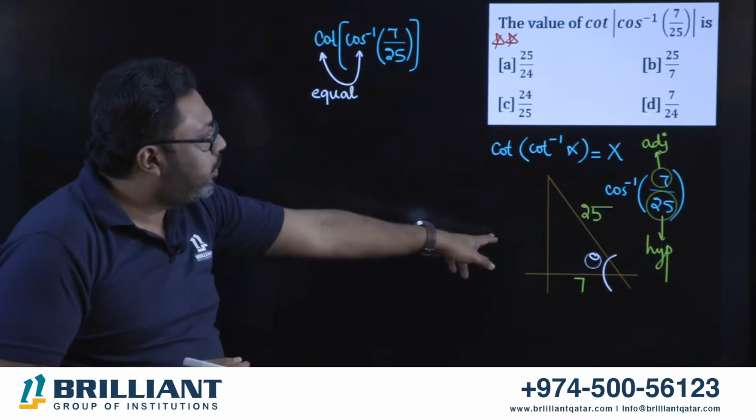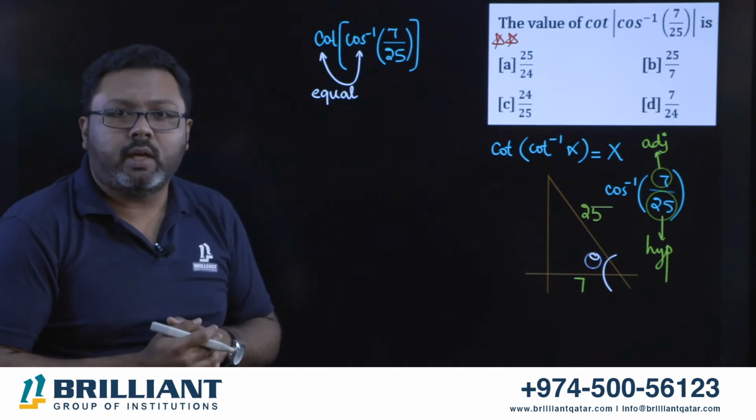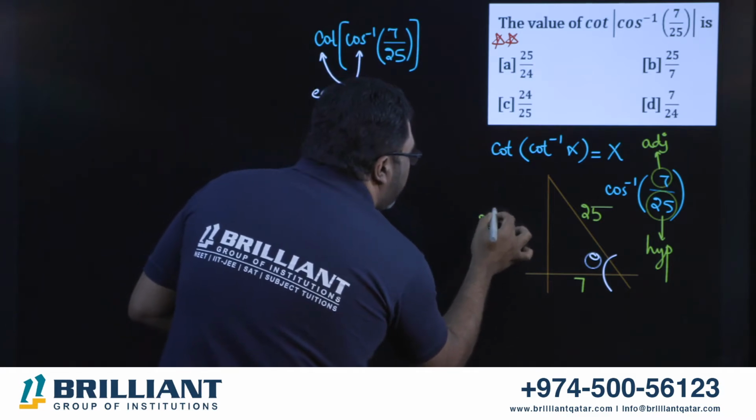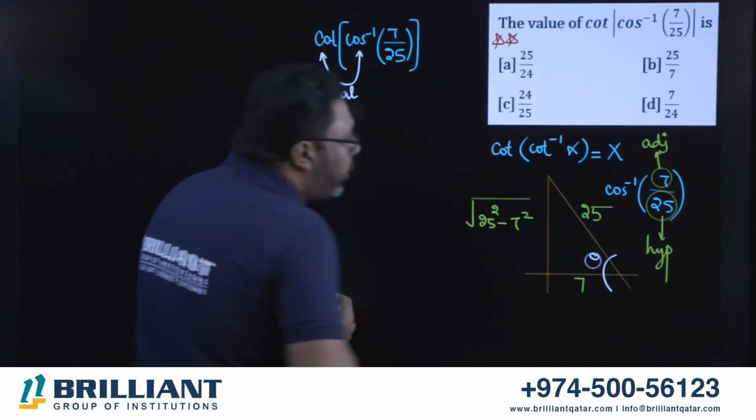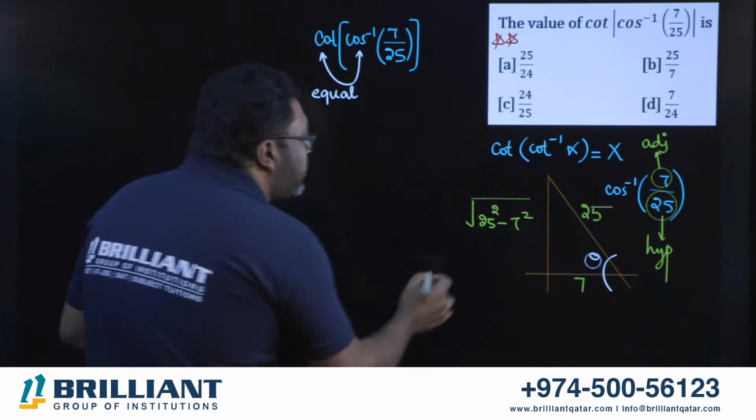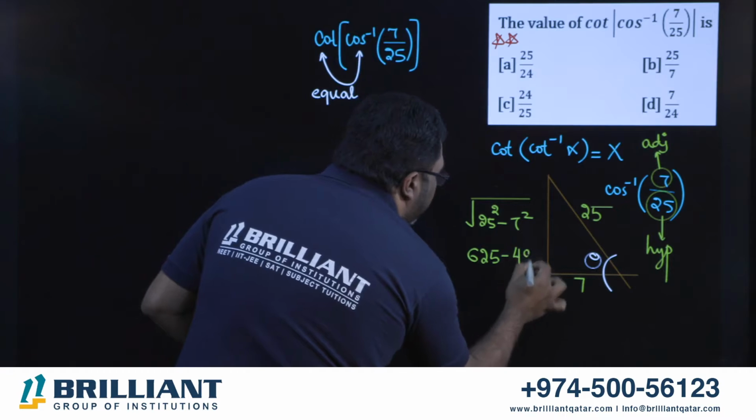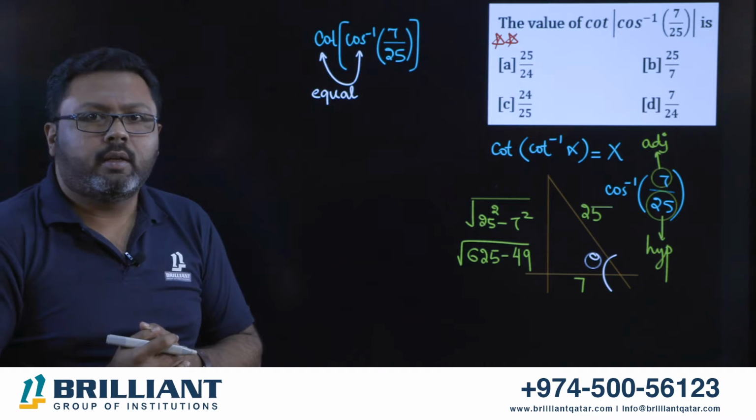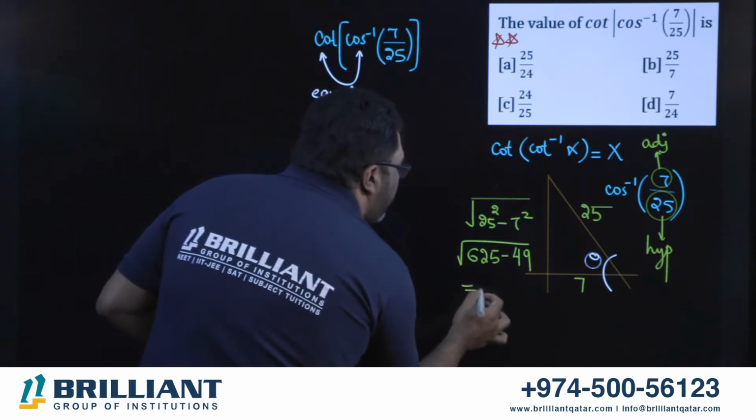Okay, so you have to use the Pythagoras theorem to get your answer for the opposite side. So what is going to be the opposite side? It is going to be the square root of 25 squared minus 7 squared. Pythagoras theorem. Yes, this is going to be 625 minus 49. What is 625 minus 49? 576. Yes, it's the square root of